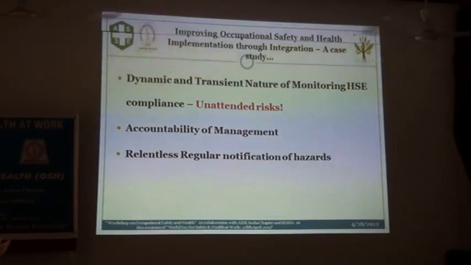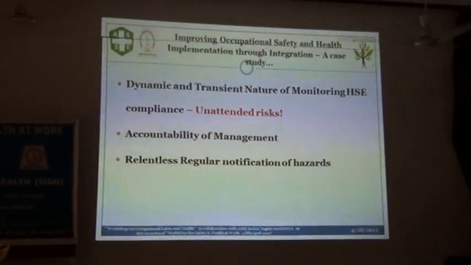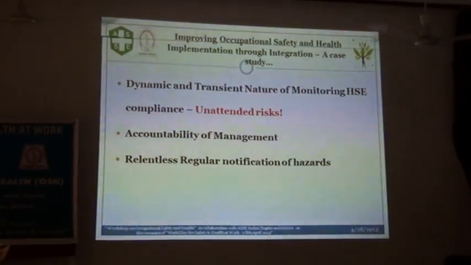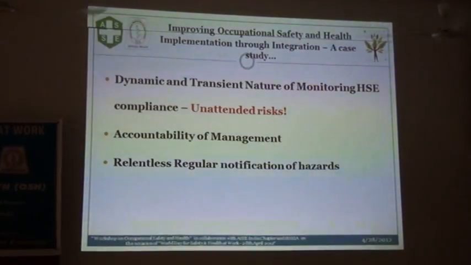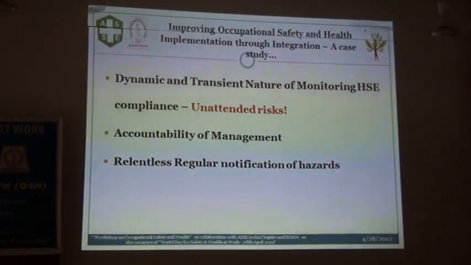and transient, considering the dynamic and transient nature of monitoring HSE compliance, we found that through this method we are not actually achieving the whole thing which we want, and we are leaving some unattended unsafe conditions or unattended risks. So, for example, if we